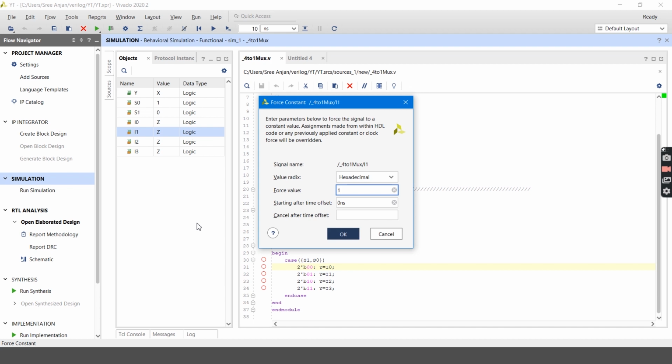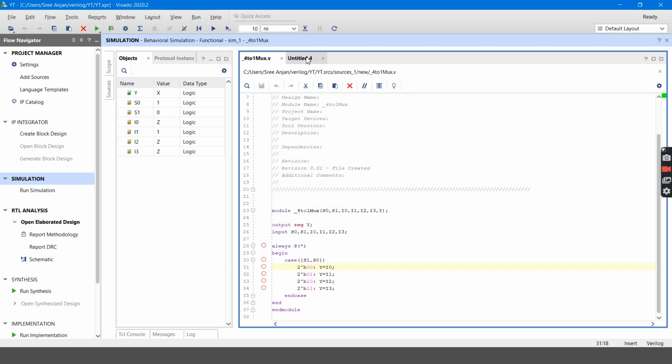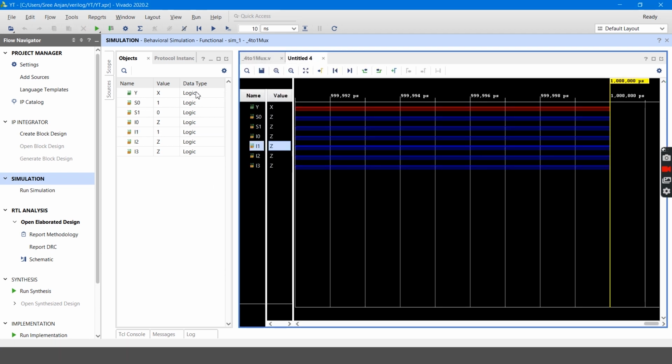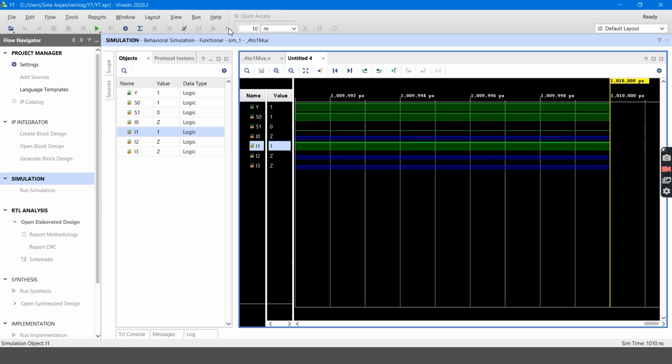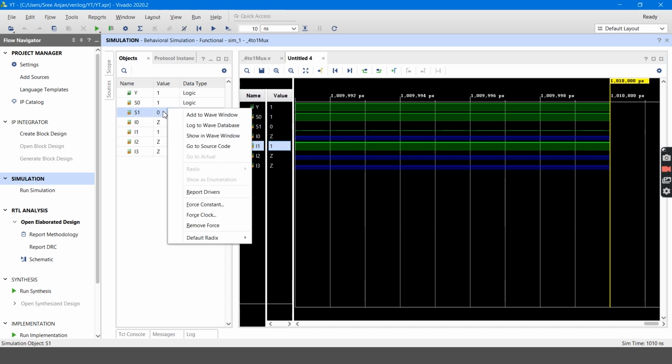I will be giving I1 as 1. Let's run for 10 nanoseconds. Here I go. All the other inputs are Z impedance, and Y is the only one driven, that is I1, so I got 1. Let's check for another value like S1 also 1.